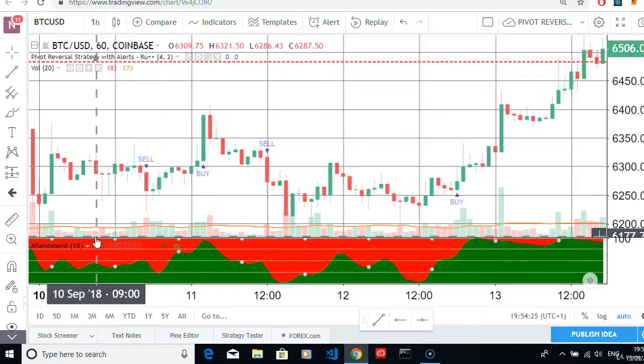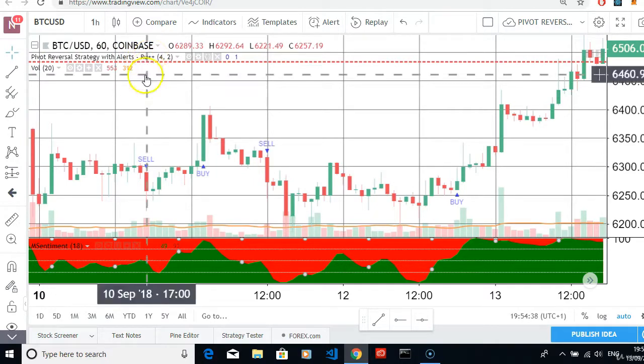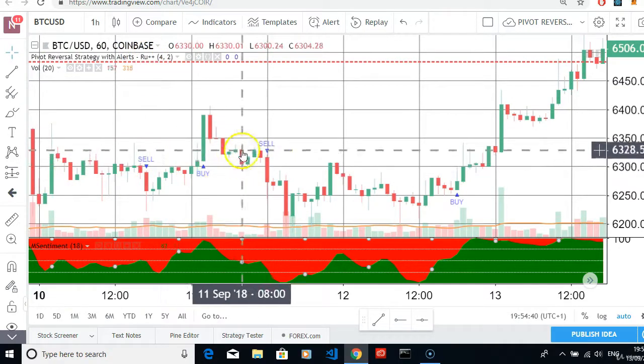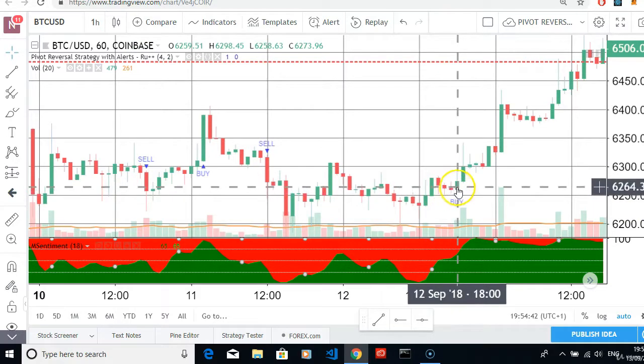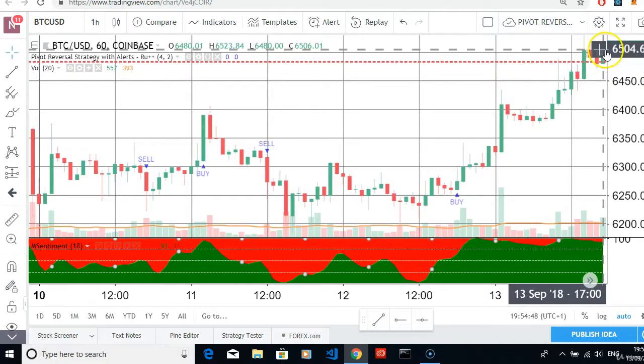In this video, I'll show you how to add market sentiment as well. It's always good to use 2 indicators. So you've got the pivot reversal strategy with alerts from RU++. This is it here, sell, buy, 12 September 1800, buy, and we're at 17 13 September, so it's gone up quite a bit,